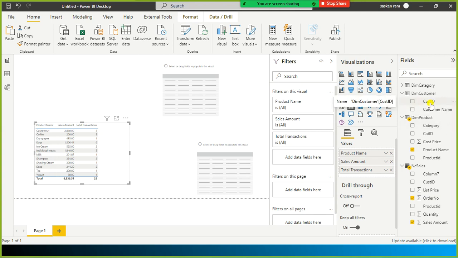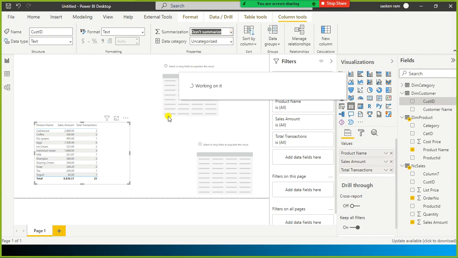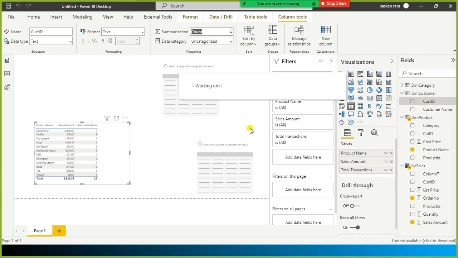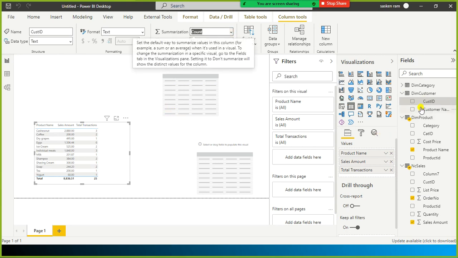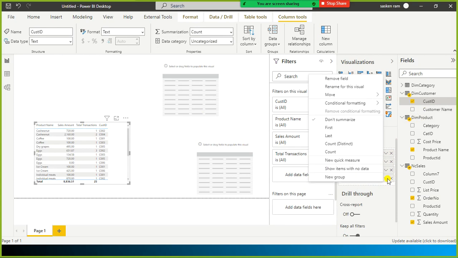So what I'm going to do is select the customer ID column, and here I just do the count. Fine, I just check mark this.